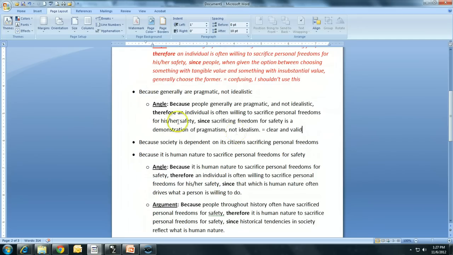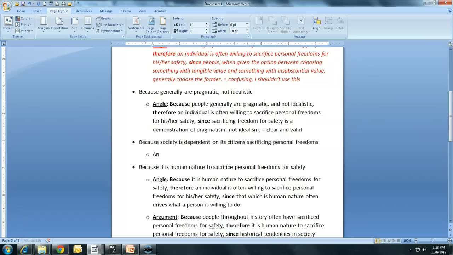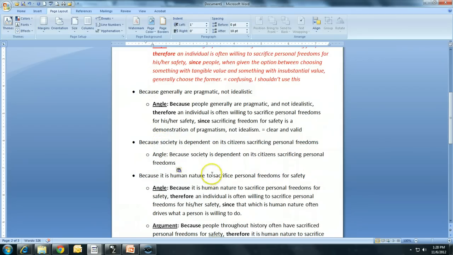Okay, I would need to do some arguing, but that's what the next Toulmin model sentence is for. Okay. Let's take a look at this last one, the one that I did not do on the previous video. Because society is dependent on its citizens being willing to sacrifice personal freedoms. Okay, so let's do a new one here. Because society is dependent on its citizens sacrificing personal freedoms,